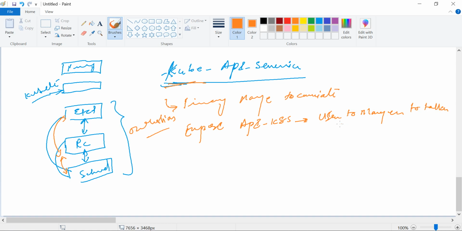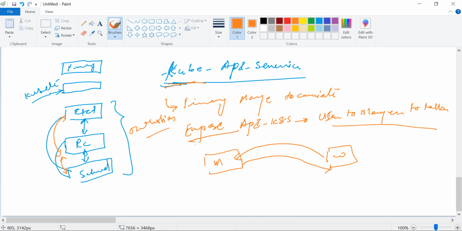If we have the master and the worker node, how does the worker node communicate to the master, and how does the master communicate to the worker node? It is via the exposed Kube API service. It also performs management and maintenance of the cluster.